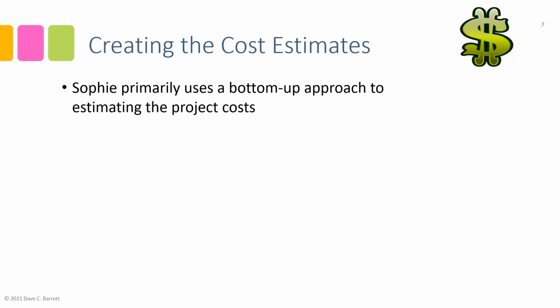Instead of just considering the salary costs or hourly rate of the project team member working on the project, they'll also build in some indirect costs, to say, well, the cost of someone working on a project is not just exactly what the organization pays them, but also there's a percentage